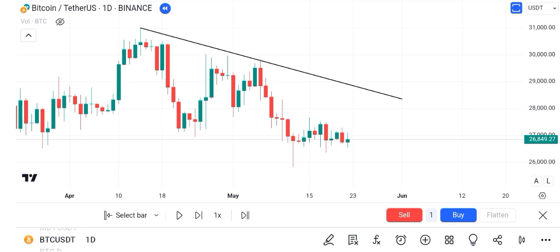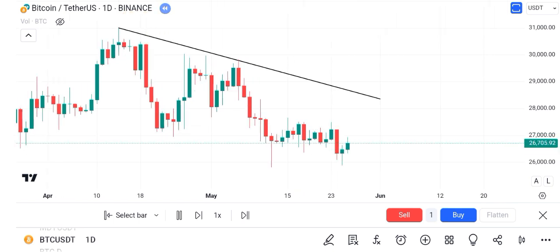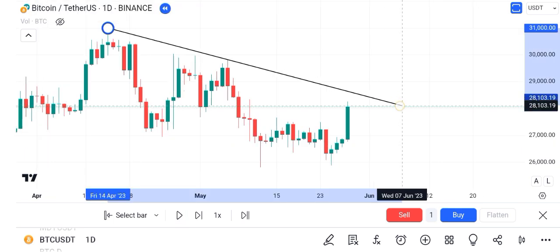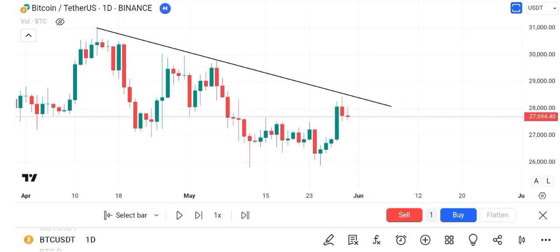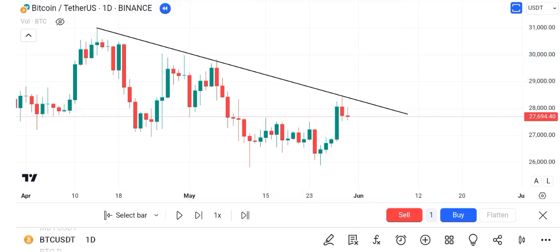It means that the price is falling. So you can see that whenever the price touched this trend line, it took a rejection from the trend line. It means that this trend line is acting as a resistance. So it should take another rejection from this trend line. So let's see, and let me arrange it a bit, and you can see that the price has successfully taken a rejection from our trendline resistance.